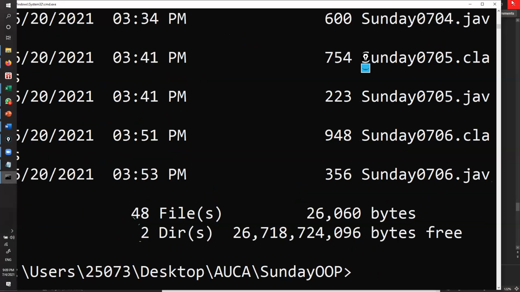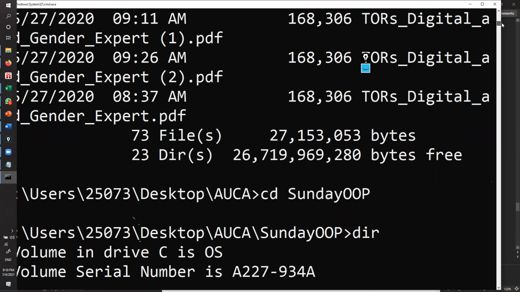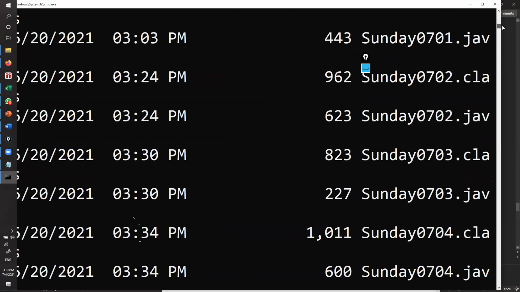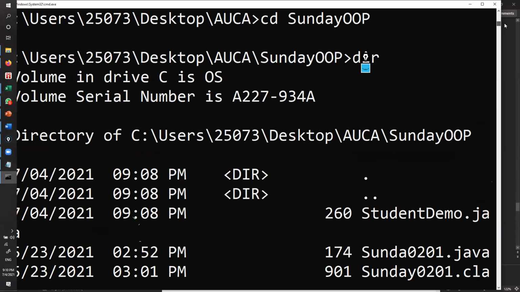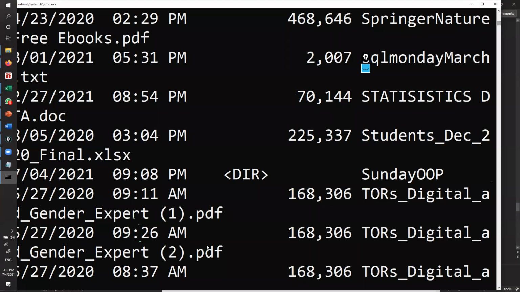Good. So okay, where is our program? Our program name is, I think it's StudentDemo, by the way. So we need to find out the name of the file. It should be StudentDemo. Yeah, the first one, you can see the first one created today. So now let's compile as usual. But we may need to